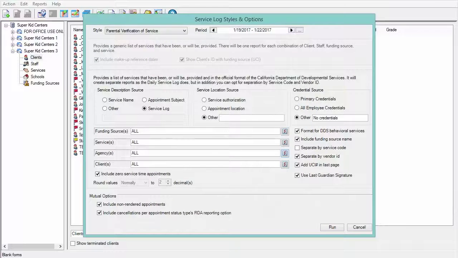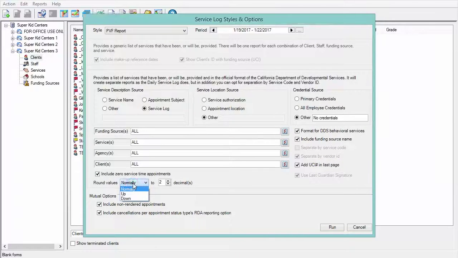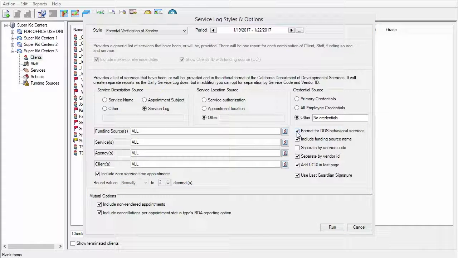of their respective options. If round values is used, the time of each appointment will either be rounded up, normally, or down. If the format for DDS Behavioral Services is selected, a header stating State of California Health and Human Services Agency and Department of Developmental Services will be displayed on the form. Select Include Funding Source Name to print the funding source name in light gray in the upper right corner of